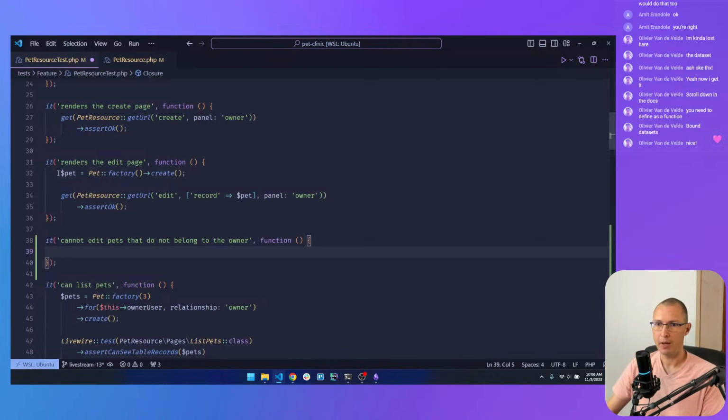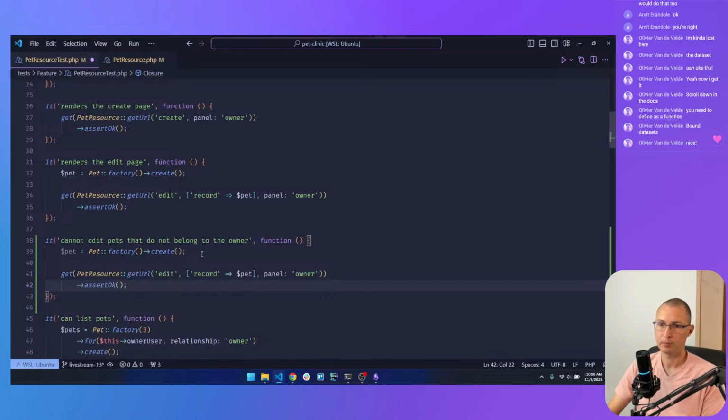And let's grab this and just create a pet without owner. And now let's grab this assertion and instead of OK, let's,